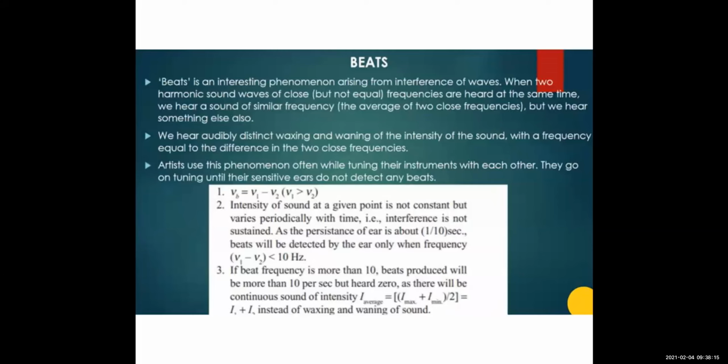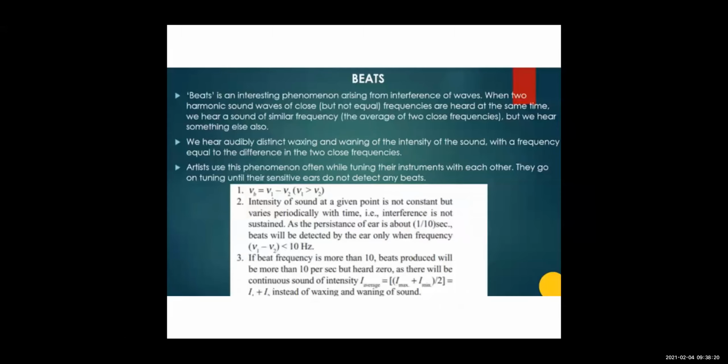Now let's proceed to the last topic of the chapter, that is beats. So children, beats is a phenomenon which arises because of interference of the waves. Right? It arises because of the interference of waves having nearly the same frequencies. Means there are two waves and their frequencies are nearly the same. Right? So what will happen, children? The periodic variations in the intensity of the sound wave that is produced because of the superposition of two waves of nearly the same frequency and amplitude, traveling also in the same direction,